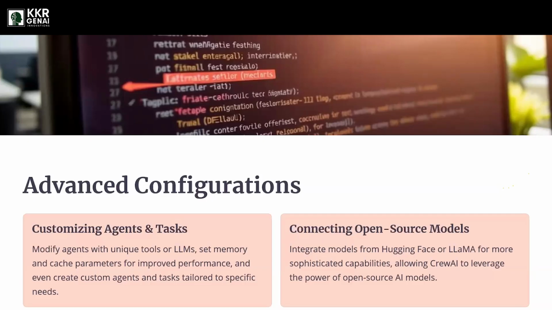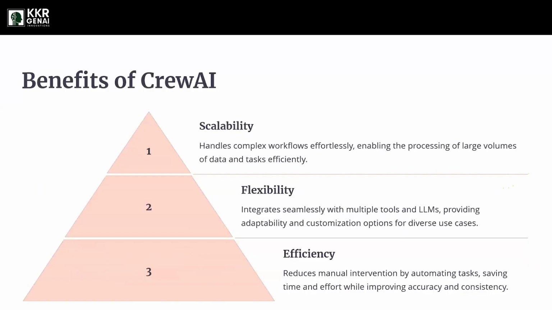The next thing we are going to discuss is the benefits of CrewAI. What are the benefits of using the CrewAI framework? We have three benefits: scalability, flexibility, and efficiency. When we talk about scalability, using the CrewAI agentic framework, we can handle complex workflows effortlessly.